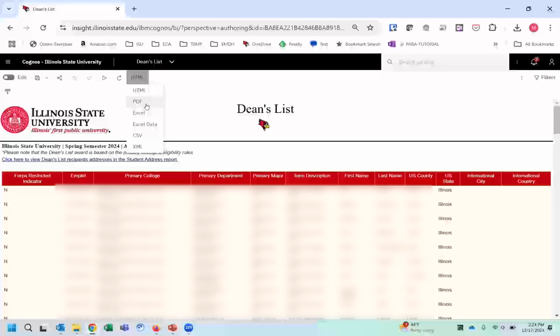PDF format is ideal to use when you're scheduling to run reports that don't have any filters. We use this for reports such as weekly application summary. Then we have Excel and Excel data, which both export to Excel in different ways. Last but not least, CSV and XML, which are not used, so we're just going to focus on Excel and